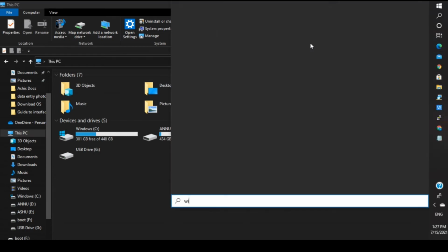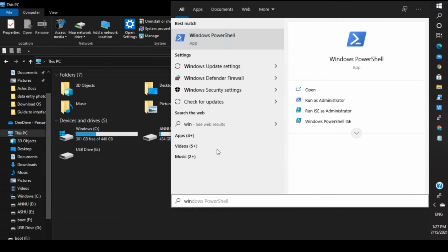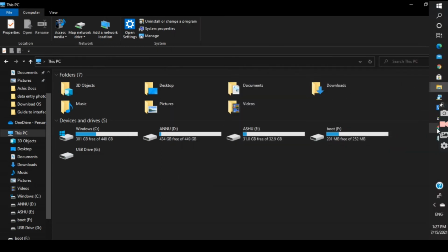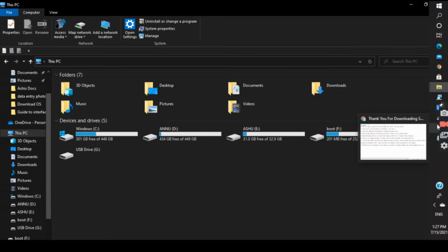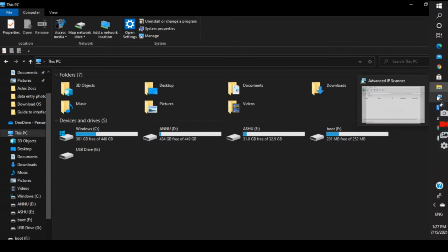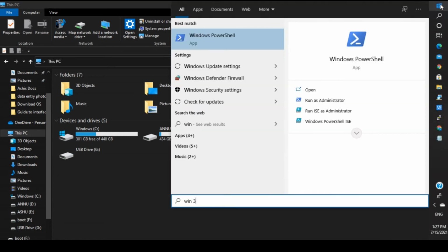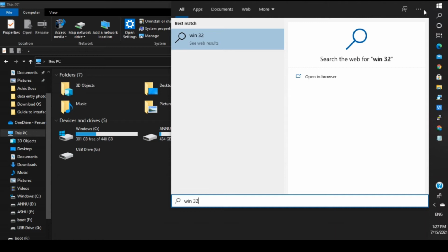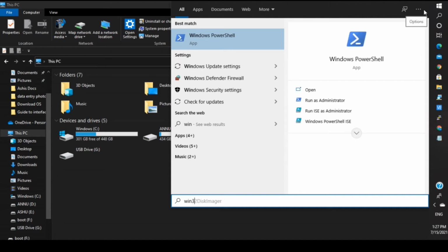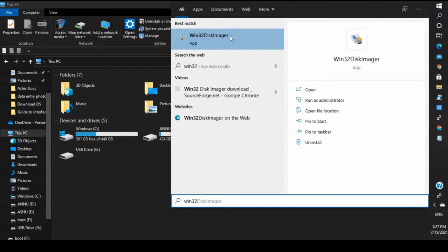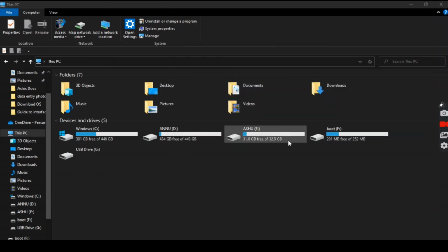After that you go to the Win32 Disk Imager, which we have installed previously. Let me check. Here it is.